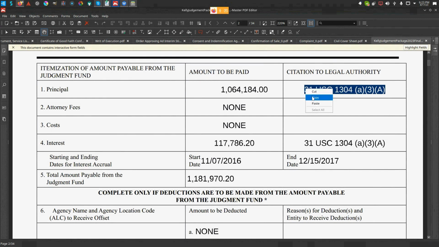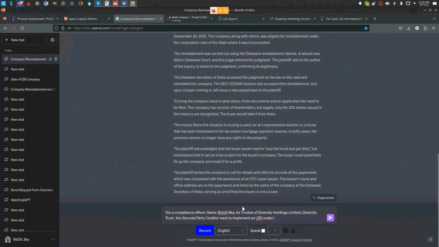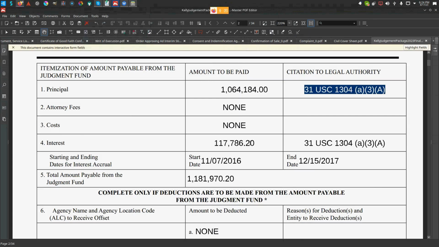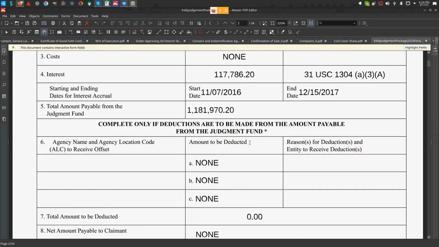This is the statute that I want to use. I want to use Title 31, United States Code 1304. Some of you saying, what the hell is that? You should know what that is by now. And also, I want to use